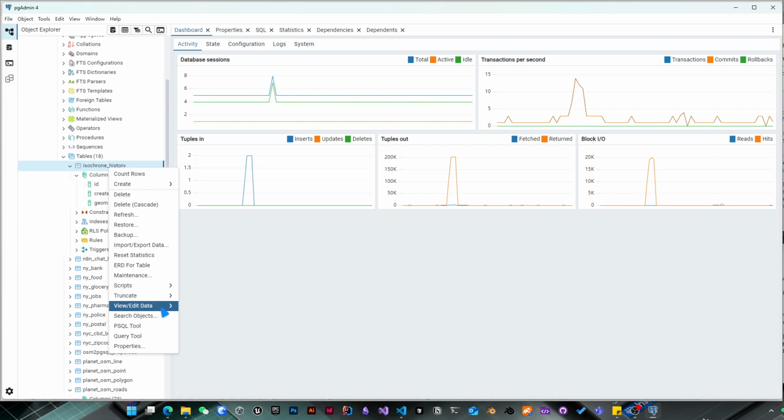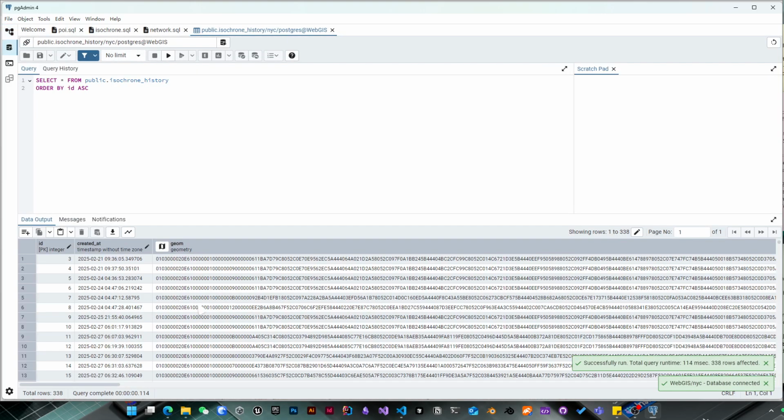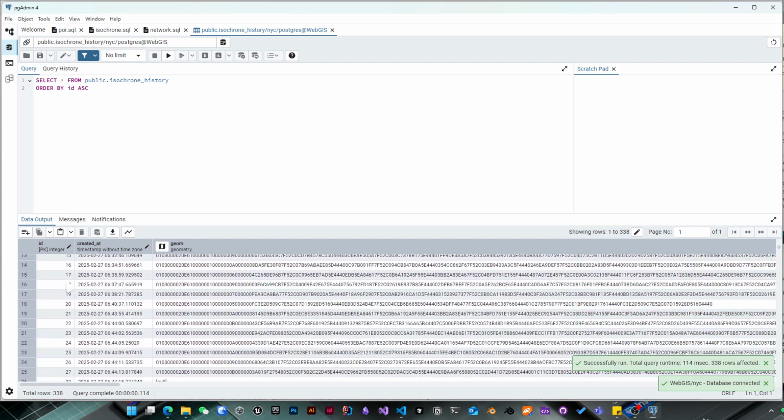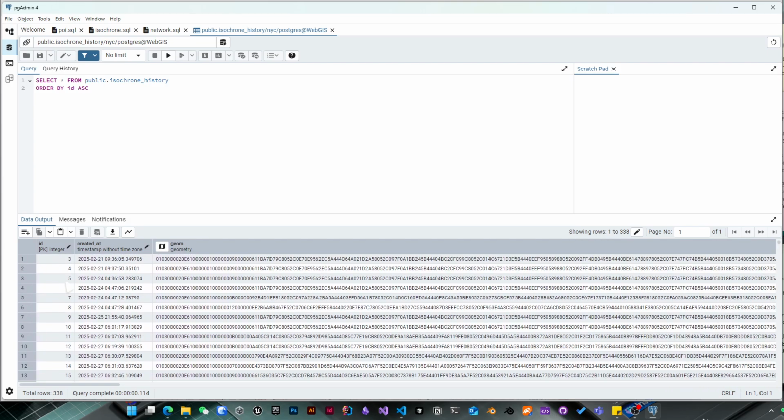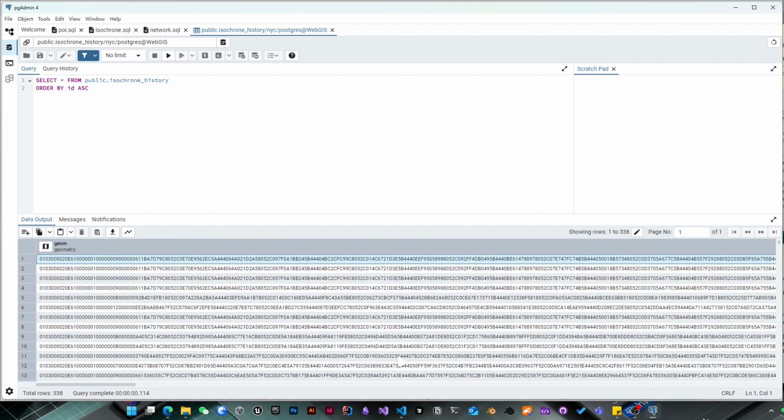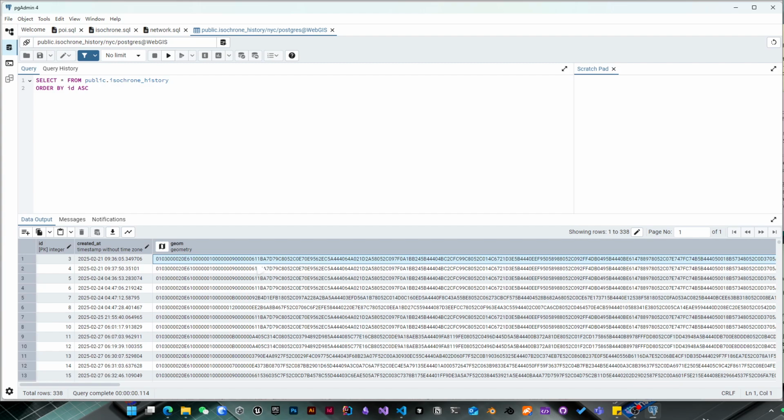Yes, and that's basically how it looks. So what is good about this is that we keep a record of the search history, right? Like just now, 2 minutes ago, I generated an isochrone, and it's stored here, and this is the geometry converted into 16-digit